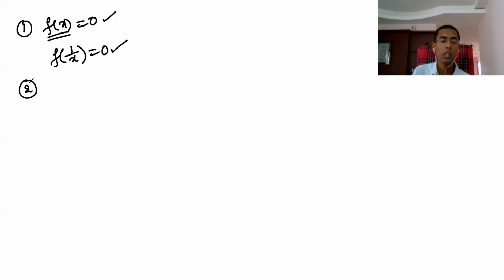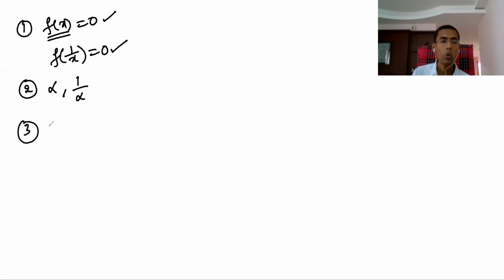Number 2 is, here I told, if this is reciprocal equation, if alpha is a root, then 1 by alpha must be a root. If alpha is a root, then 1 by alpha must be a root, because it is reciprocal equation. So therefore 1 by alpha must be a root. Okay, all right. So that is second.